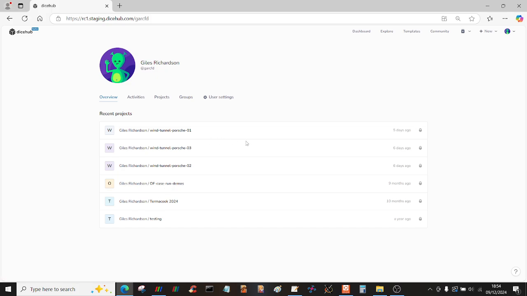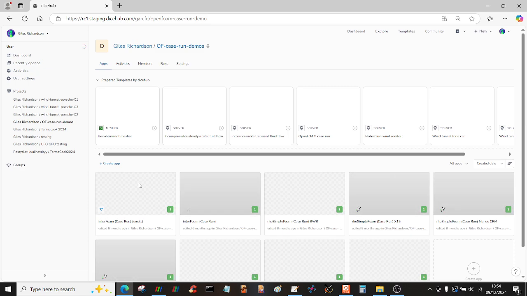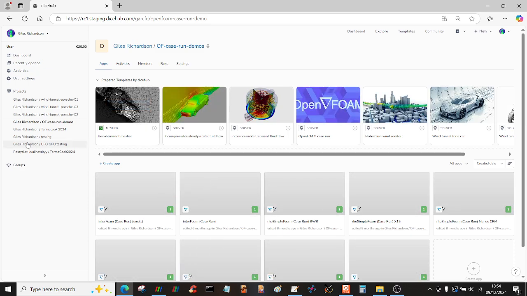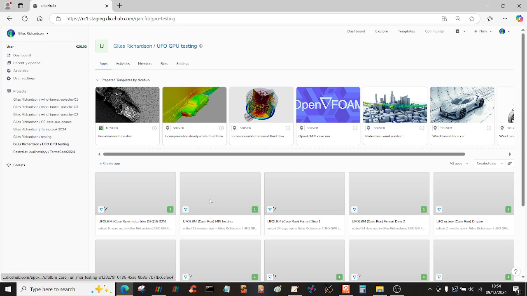Hold on, it's not that one. No, it's actually in UFO GPU testing. So I've got quite a few here, and I think these caserun examples were set up specifically for my use